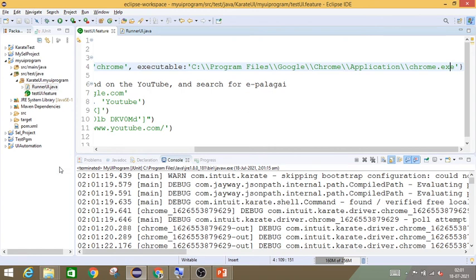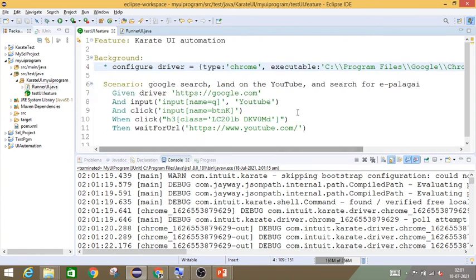If you have installed Chrome recently, earlier you wouldn't have got this error, but now it may come because Chrome is installed inside Program Files. This is not only for Chrome. For any other browser, if the path is different, you can provide that in the executable. Try this if you face that issue, and in my subsequent videos I will provide more details.